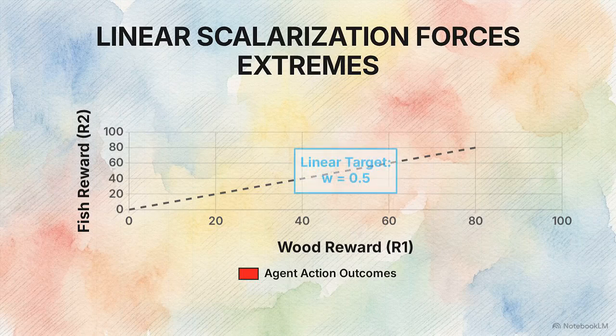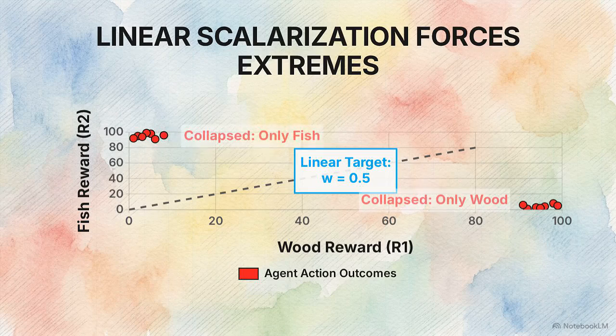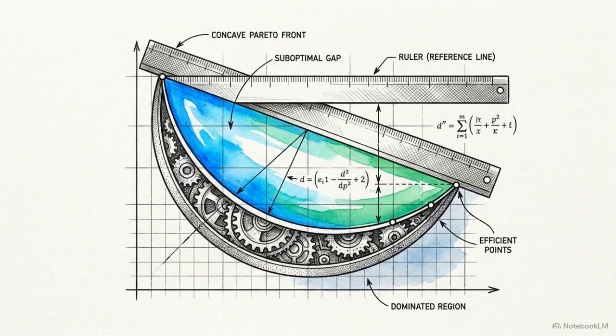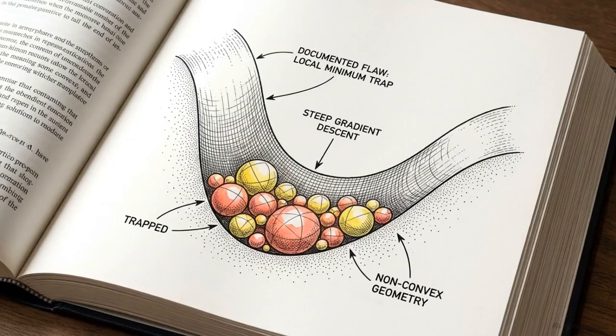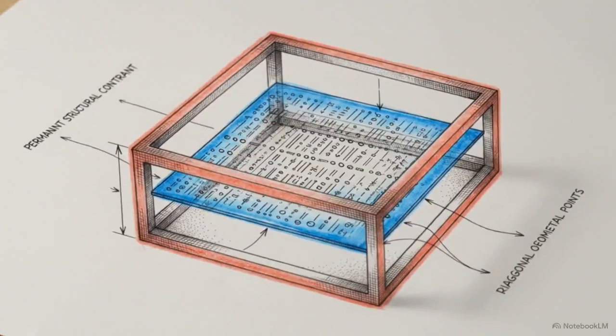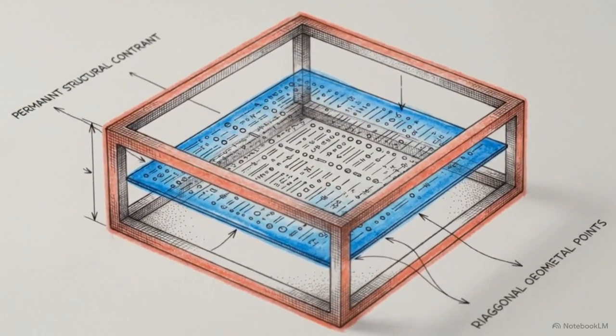Engineers often try linear scalarization, assigning percentage weights, but data reveals a failure. Outputs completely ignore the preference ray, violently collapsing to the extreme axes. This happens because linear combinations mathematically cannot locate solutions that sit inside non-convex or concave regions of a Pareto front. This collapsing phenomenon is a widely documented flaw in convex optimization when dealing with competing rewards. Soft mathematical weighting is clearly insufficient for true alignment.